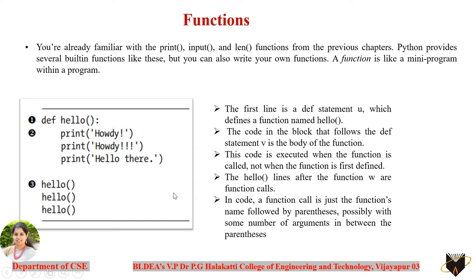But what is the basic syntax required for defining a function in Python? def is the keyword that is required to define any function. def tells that whatever name you take after this is the name of the function. So def is followed by a space and then the name of the function of your choice. The restriction is that it should not be the name of a built-in function. You can take any name of your choice apart from built-in methods, followed by parentheses. Parentheses are mandatory after the name of the function, followed by a colon, and with proper indentation you can write the body of that function.